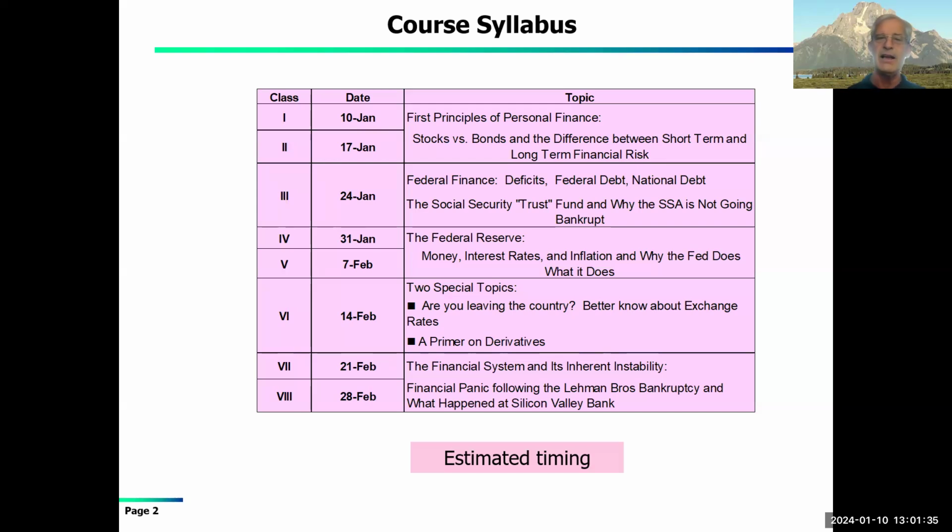The third lecture is on federal finance, and because of all the issues you hear about with Social Security, I thought I would provide a brief lecture on what is often referred to as the Social Security Trust Fund. One of the things I like to say is, just because they call it a trust fund, it doesn't make it a trust fund. It's like calling a dog a cat. You can call a dog a cat, and Congress can make a rule and say dogs are cats, but it doesn't make it so, and you'll find out why.